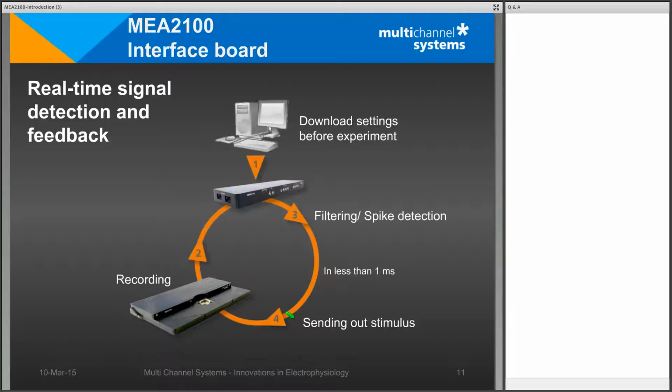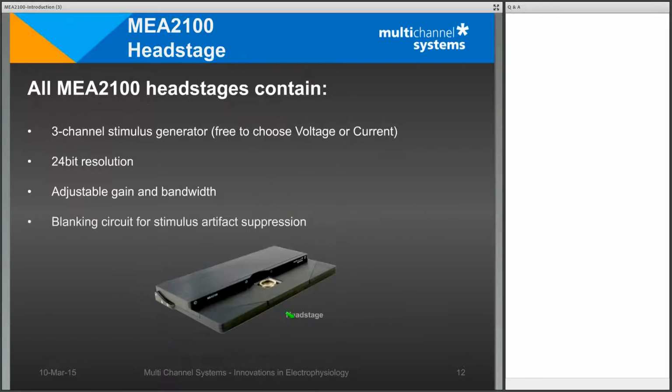The digital signal processor is pre-programmed by Multi Channel Systems, whereas you can program it freely too if you have the tools available. So for the MEA2100 head stage, we have different ones available. Before we go into the details of the different head stages, there are again some points I would like to discuss. First, the